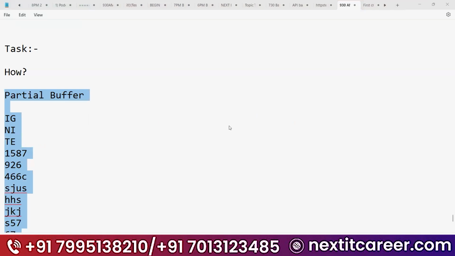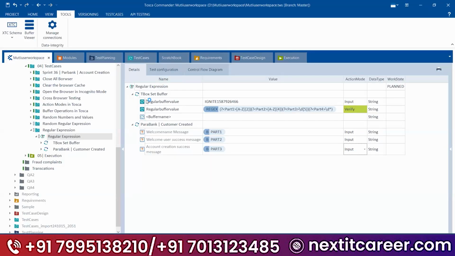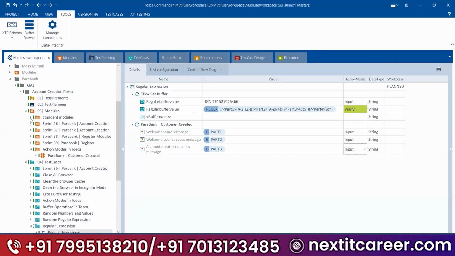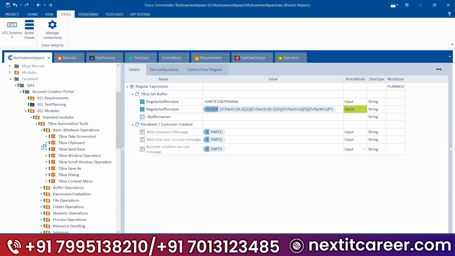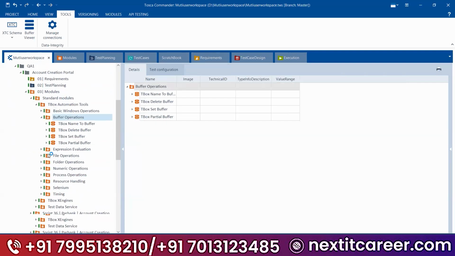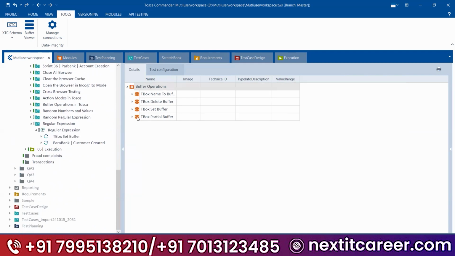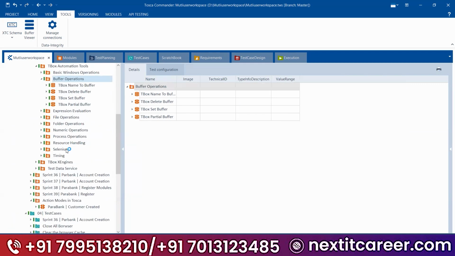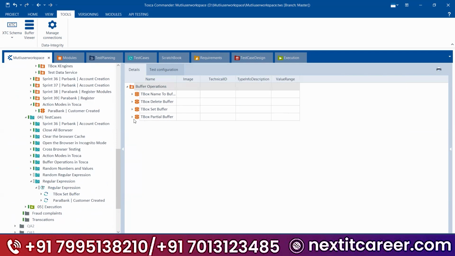Can you please explain how to add T-box modules to the test cases? Simple, guys. For example, if you have any standard module, just for example, I want to take T-box set buffer. So now come here and first do the checkout. Next, for example, I want to drag partial buffers. Don't drag it from here like this. Just drag it and put it into your test cases.